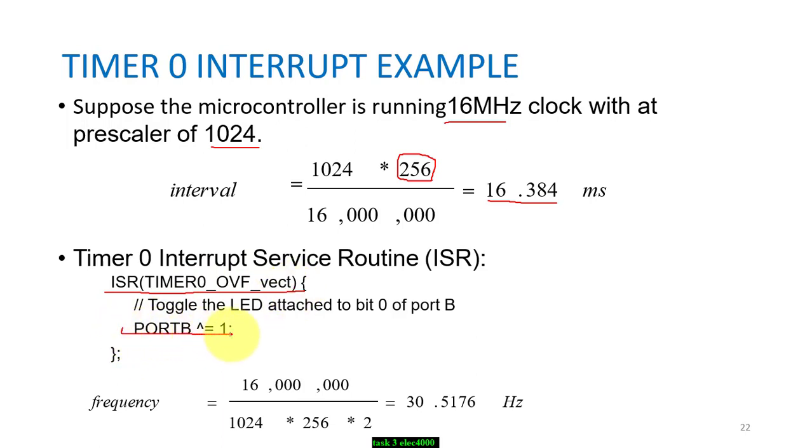PORTB is equal to PORTB XORed with 1. This means we toggle the bit every time we do it. XORing with 1 will toggle the bit. So we are going to toggle the bit with a frequency of 30 Hertz, which is 16 megahertz divided by 1024, divided by 256, and divided by 2. Remember, here we are going to toggle, so the interval we are going to toggle at